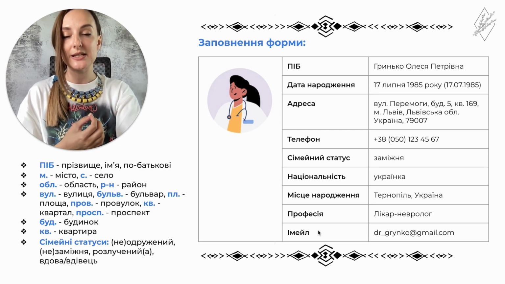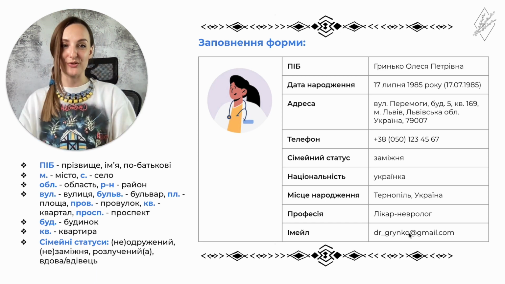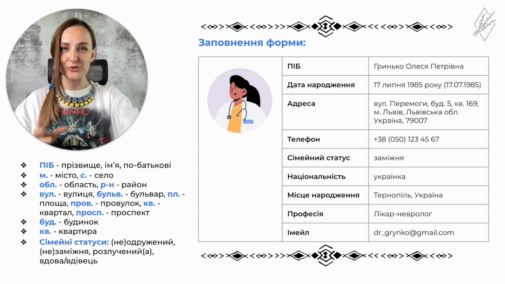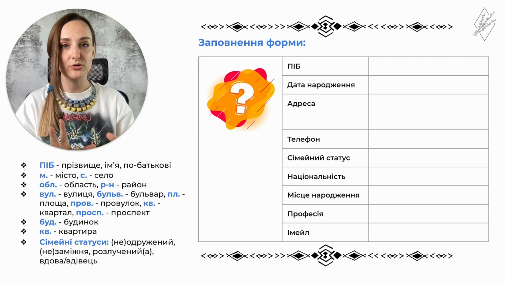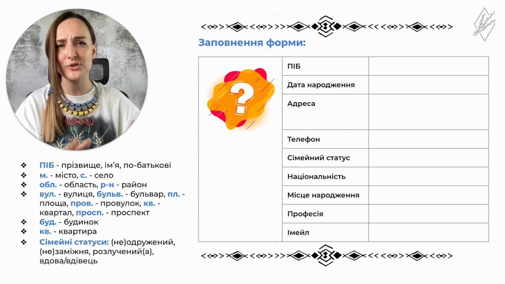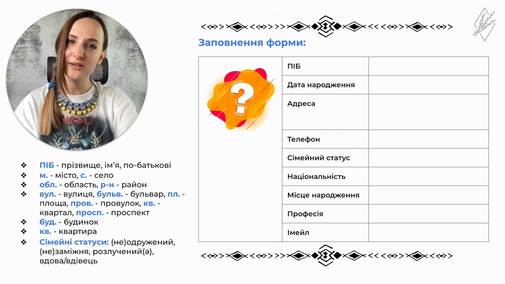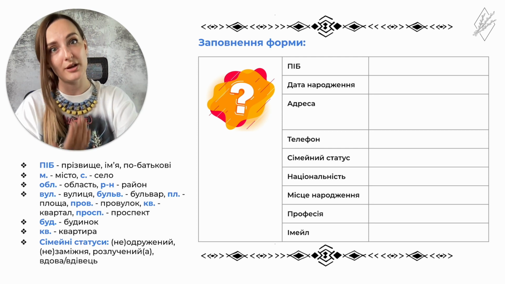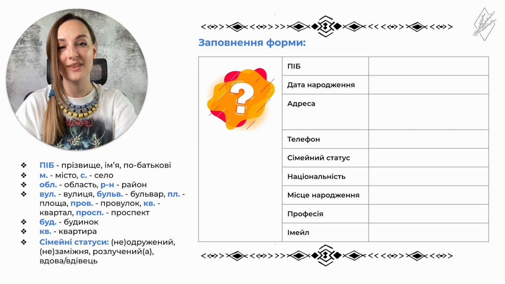And the last one is email, ваш email. And here you just write your email, so it's very simple. Now I want you to practice a little bit, so you could stop the video and try to do a small research if you need some new vocabulary, and write down just for yourself, just to practice, to fill in this form. Once you fill it, and then if you ever need to fill it in Ukrainian, you will be able to do it, and it will be already more simple for you. If you are ready, we go on.